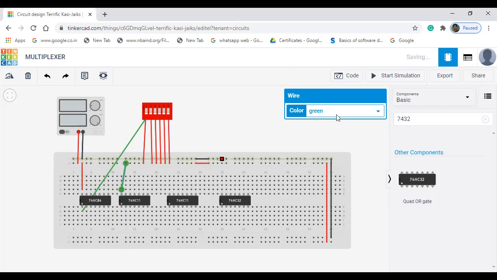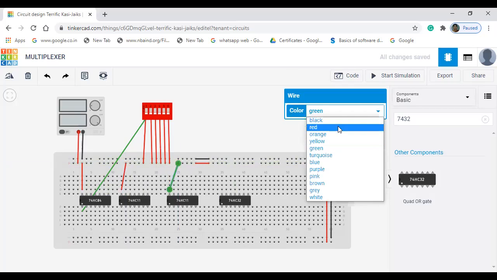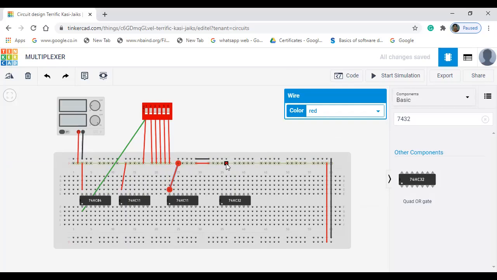So all the ICs, let us complete the supply portion. So all 14th pin we are connecting with supply. Okay,